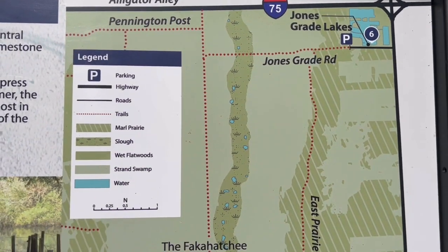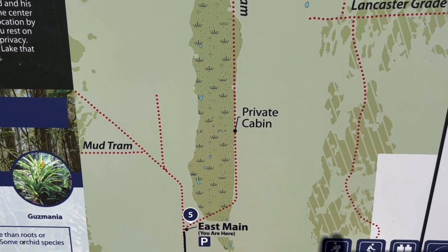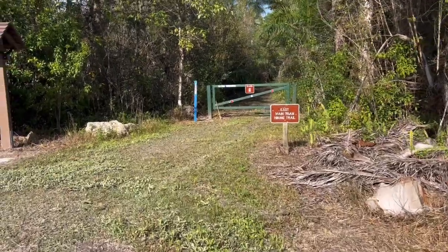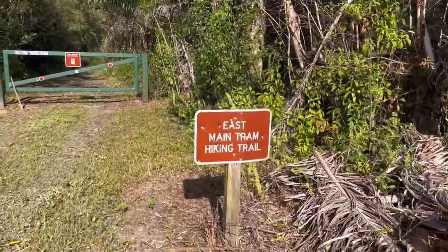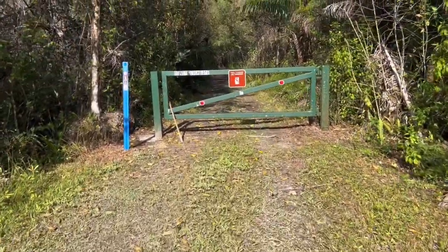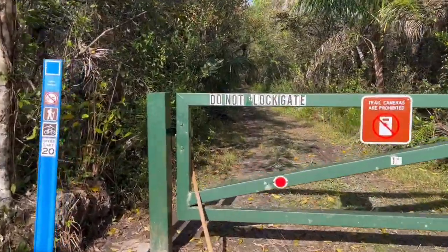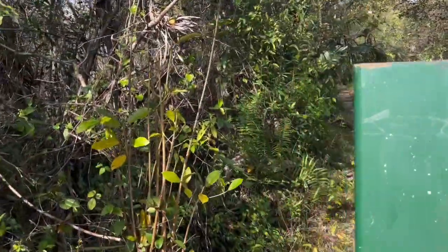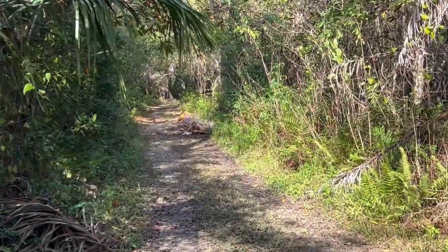Okay, the Fakahatchee Strand Preserve State Park. So I'm gonna head up the East Main Tram and head over to the private cabin. Check that out. Okay, gonna do another little walkabout